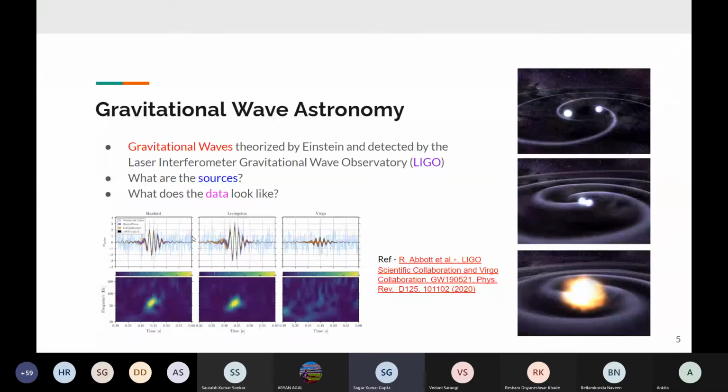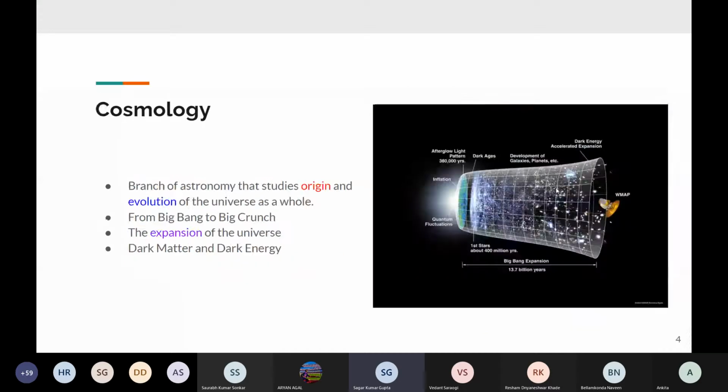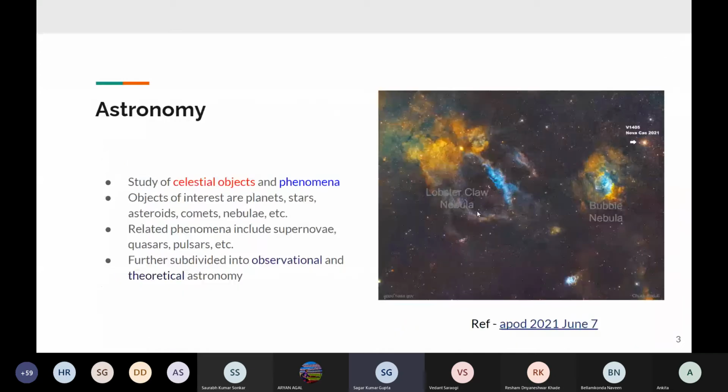Analyzing data is another use. You have data from a detector. This is the gravitational wave data I'm showing you. But in general, as I said, there is observational astronomy, where you won't get these colorful images in your camera. They will just be black and white images, or with some filter on. You essentially observe whatever the sky gives you, the photons hitting your camera, and then analyze it as a time series or as a spectrogram in a black and white image, and filter out the object you need to see